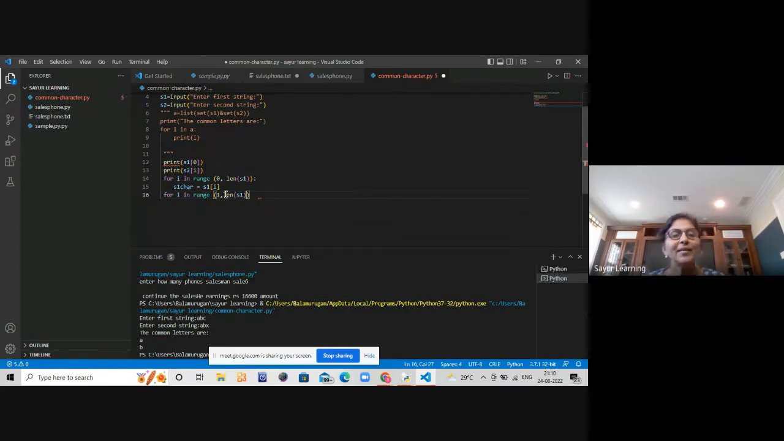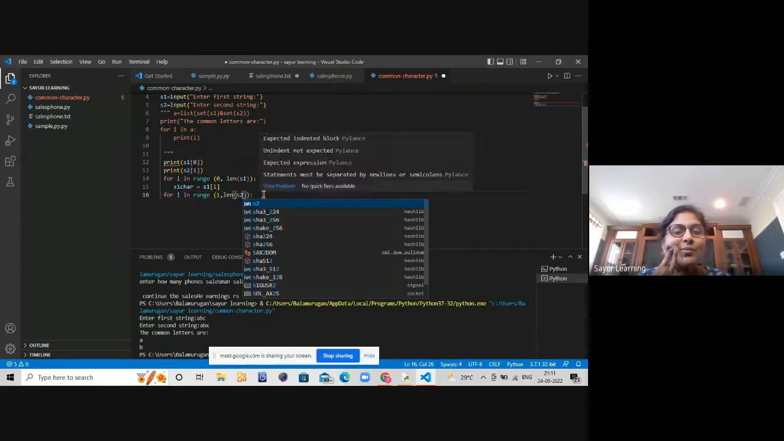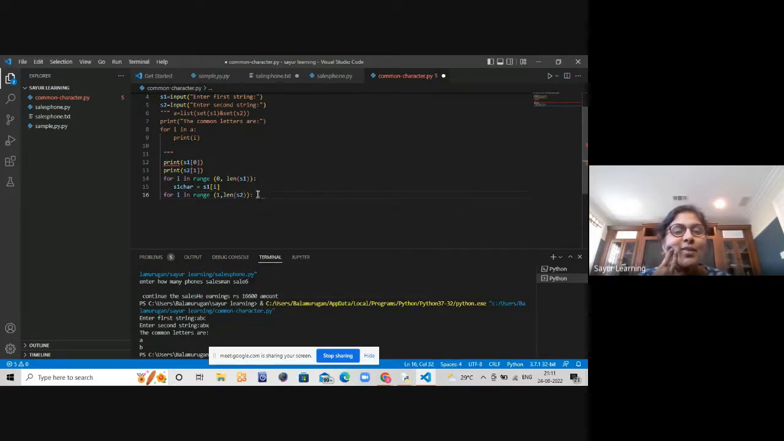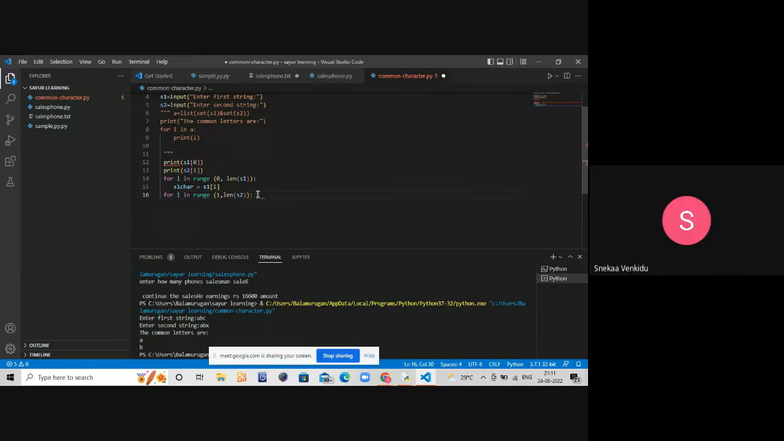Okay, what is the meaning of this statement? Okay, good. You changed it. Why is the range starting from 1? S2 is